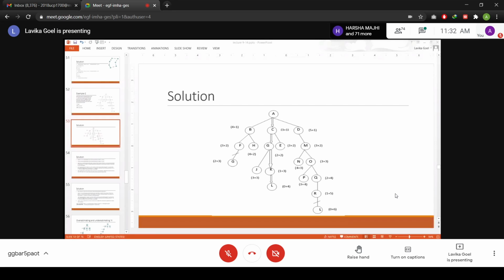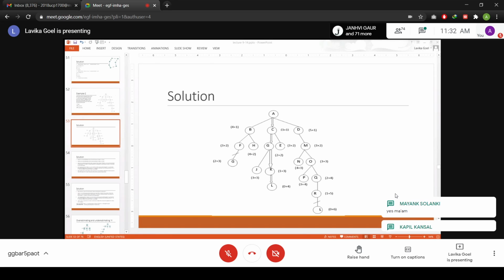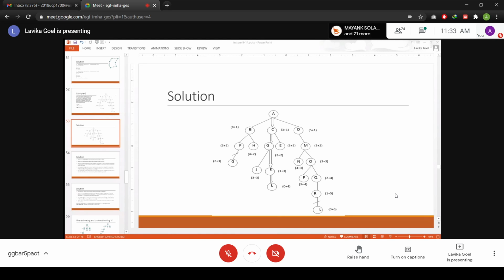Are you able to understand? Have you understood the assumption, students, what I have made in this example? Can you tell me whether you have understood what I am saying? What is the assumption over here which I have made? Say yes, and then you can write yes about assumption, something like that, so that I get that you have got the assumption or not. Are you able to understand the assumption?